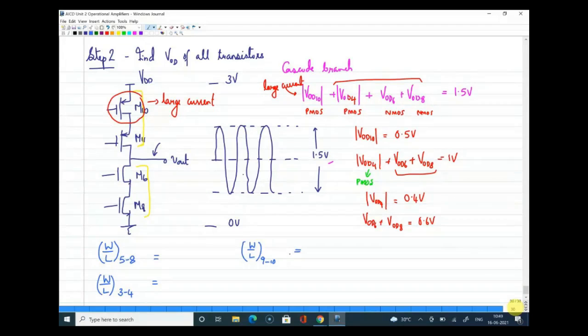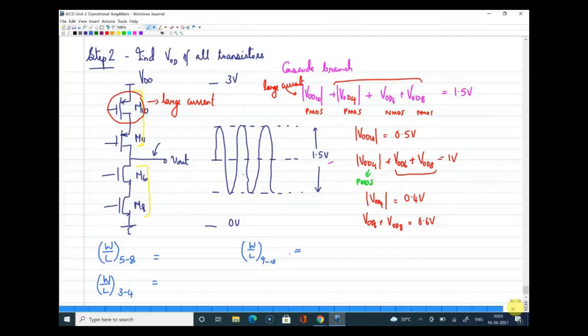Yes, Akash, for NMOS it is 34. Sir, for PMOS it's 277 something. PMOS, you're telling which one? 277 for 9 and 10. The others, 5 to 8. No, for the PMOS 3 and 4, it's 277. I got some different answer for that. Maybe my mistake also. So one of you can also confirm the value.